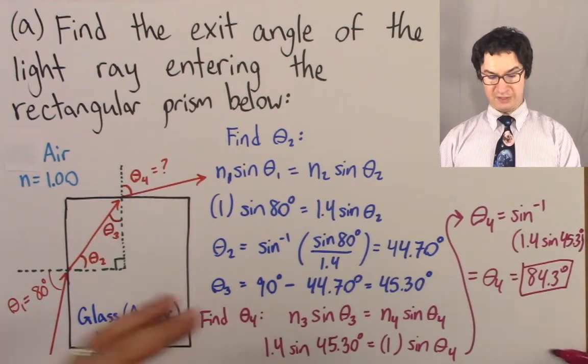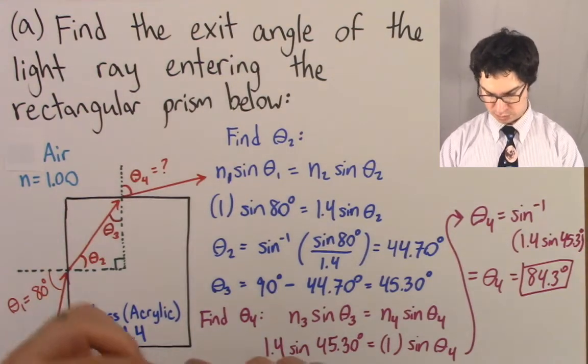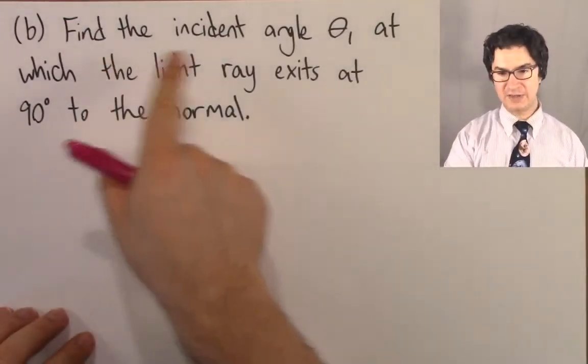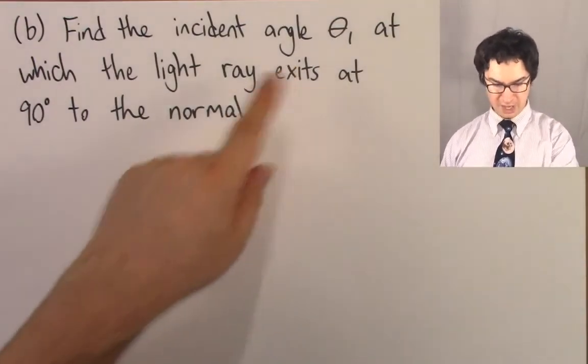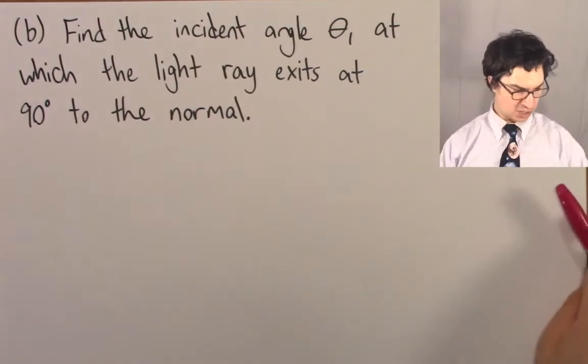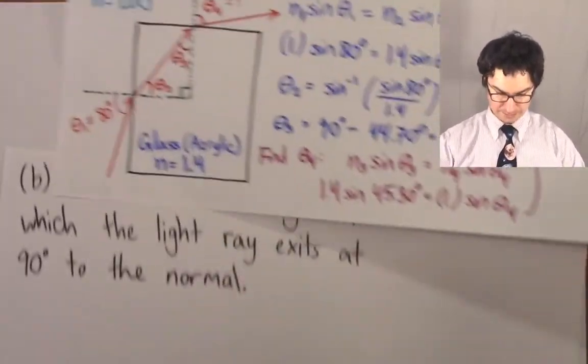Now, this would just be part A of a question. What about part B? Let's take a look. So part B might look like this. It might say, find the incident angle theta 1 at which the light ray exits at 90 degrees to the normal. Now, if we look back at our diagram here,